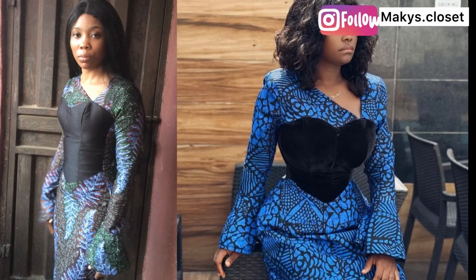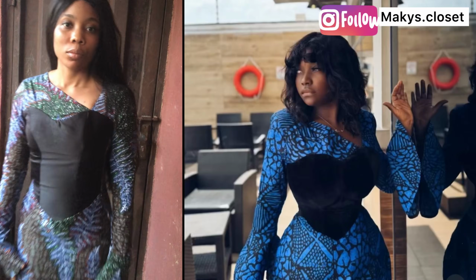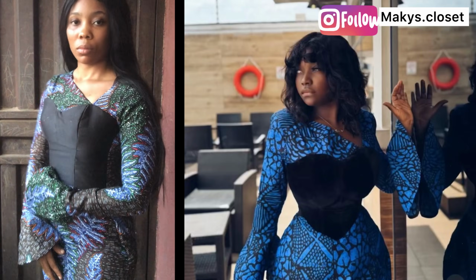In this video I'm going to be sharing with you how to cut and sew this asymmetric neckline bustier dress